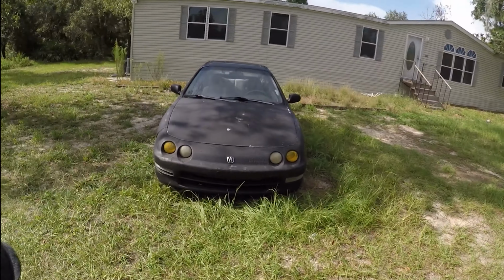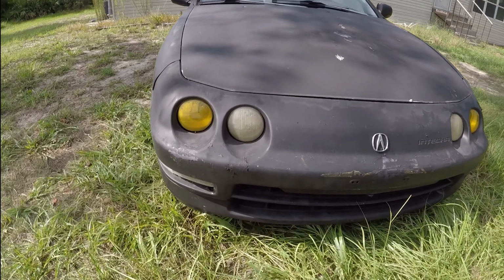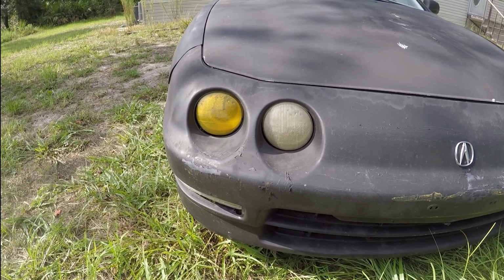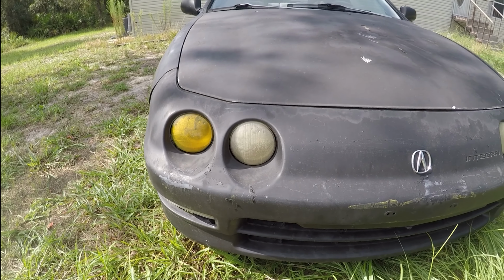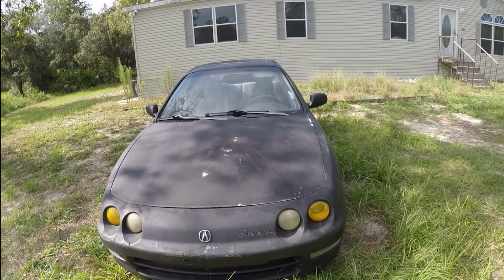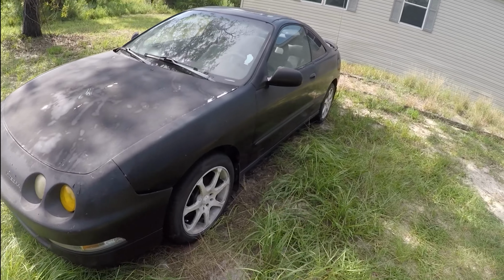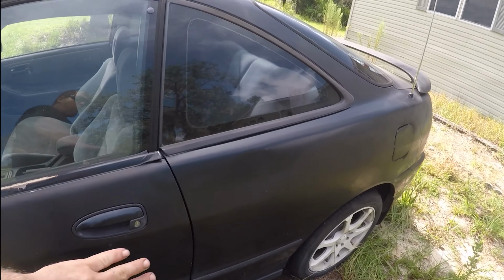So, a couple things about the car that I really dislike. Somebody explain to me why you would make the headlights yellow. I just don't understand it. I've heard a couple explanations. I think it's dumb. It looks stupid in my opinion. Once again, my opinion. Other than that, the car is fairly straight. It does have some door dings going down the side of it. It does have a little whiskey dent right here,